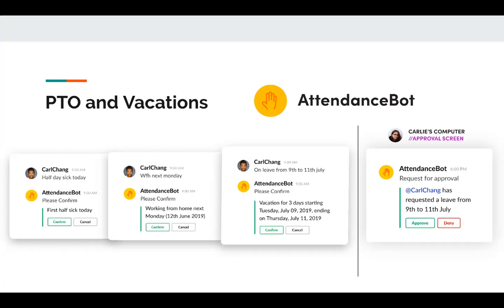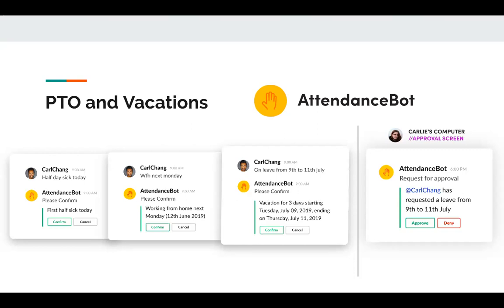So moving on, we now talk about attendance and time off management within the organization, and how you can use Slack and MS Teams to do it. We've got one of our own tools, Attendance Bot, which is integrated with Slack, Microsoft Teams, and Google Chat as well. The basic product philosophy is that you can just add it as an app onto Slack, Microsoft Teams, or Google Chat, and then send direct messages to the bot to